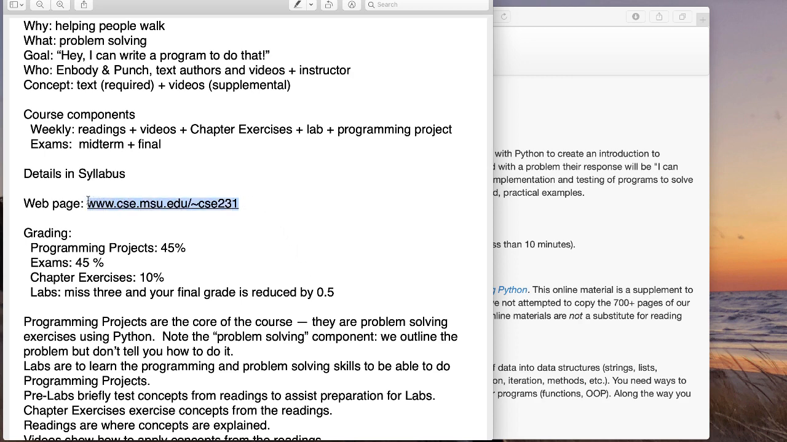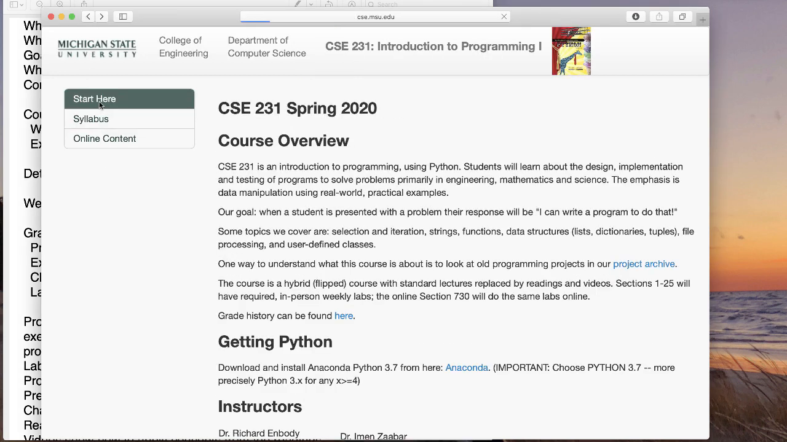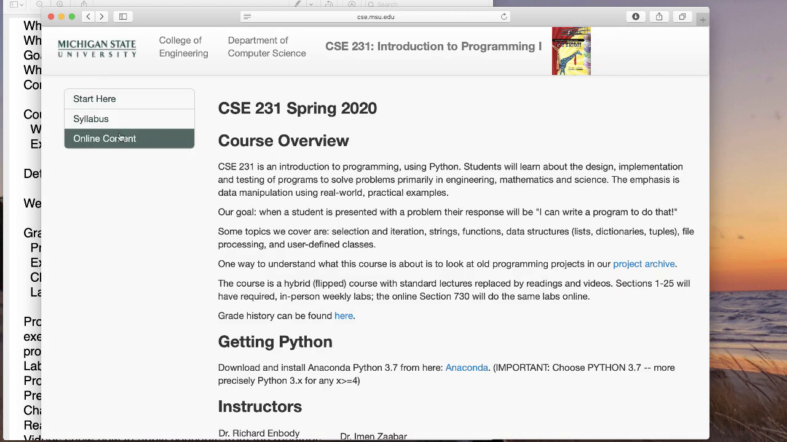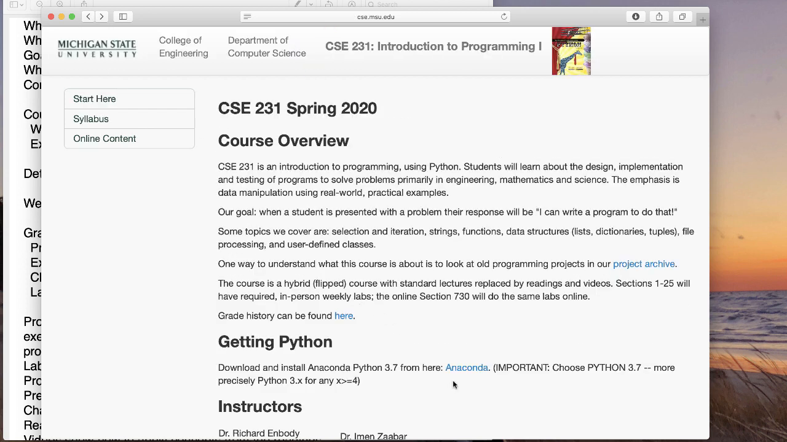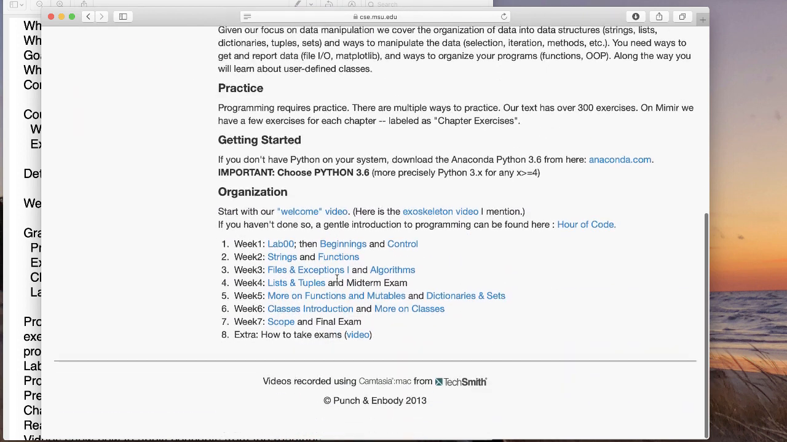Let me briefly show you what's online. If you go to that link, you actually get to this page, which does have a little thing called Start Here. And there's a syllabus on there which has all the items that I've talked about, and the other thing is there are links here for downloading Python, and then you get to the online content, and we talk a little bit about the course, but here is the heart of it. Every week, when you go into one of these,